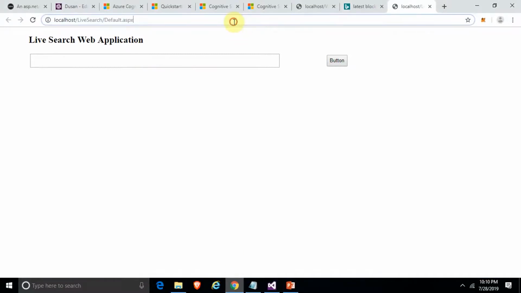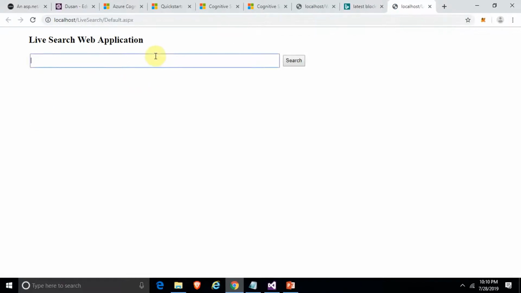Okay, let's rerun this. Okay, good. This is a little bit cleaner now. So we type our search query here, what we want to search for, and then we hit the search button, and then it